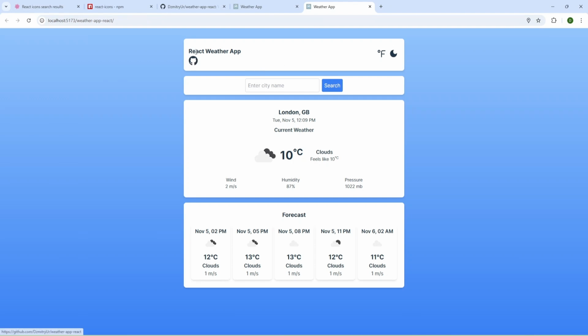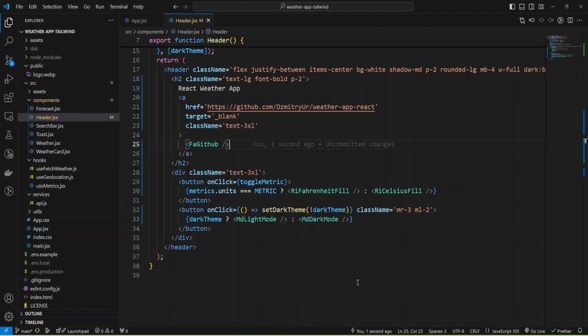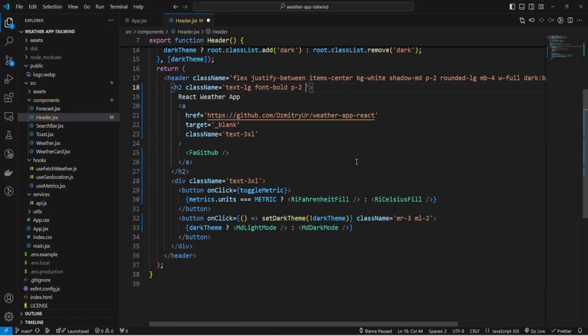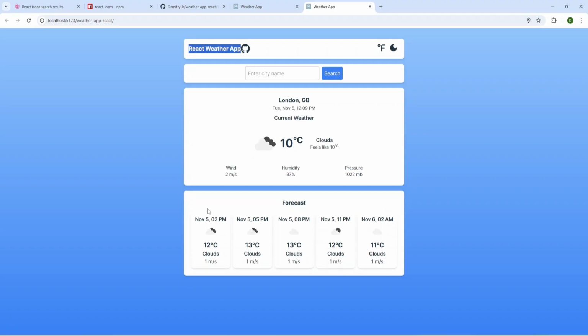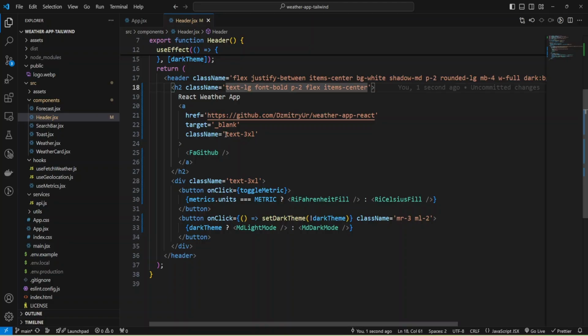Okay, we have our icon, but we need to make it in one line, and for that I'm going to add styles to my h2 tag, and I'll make it flex, and also I can justify items by center, items center. Okay, and let's add probably margin left 3.